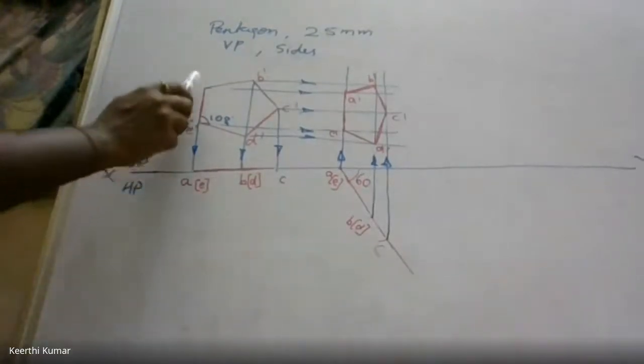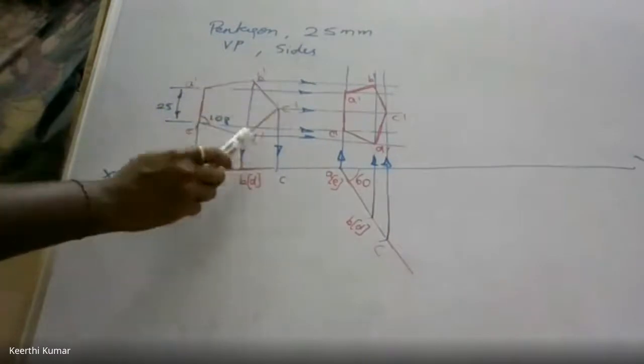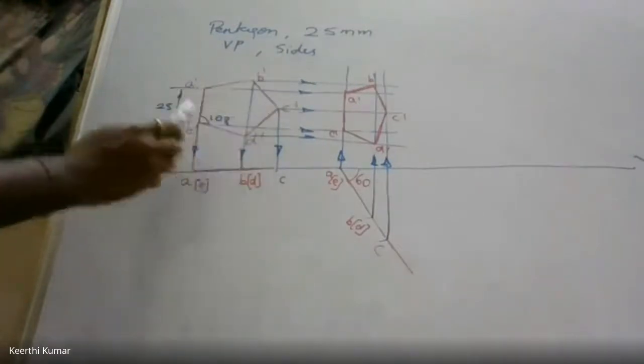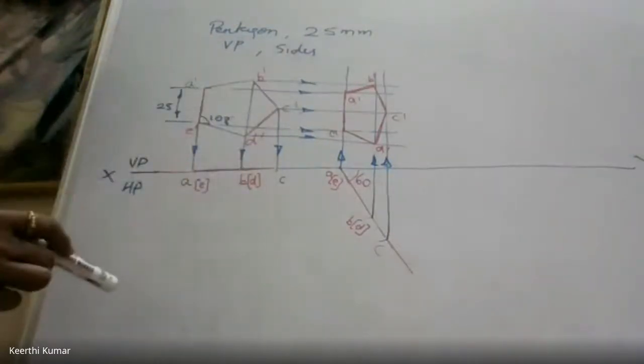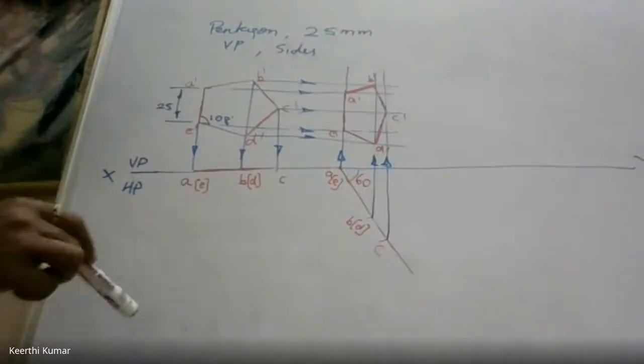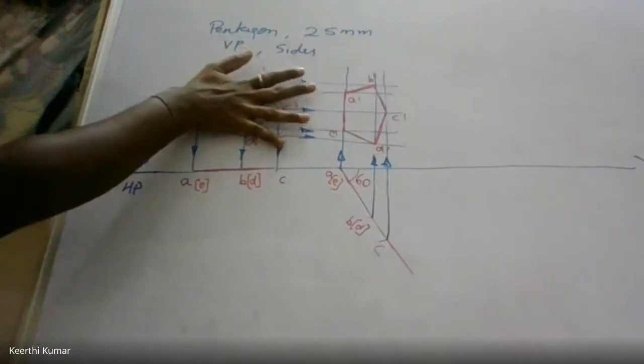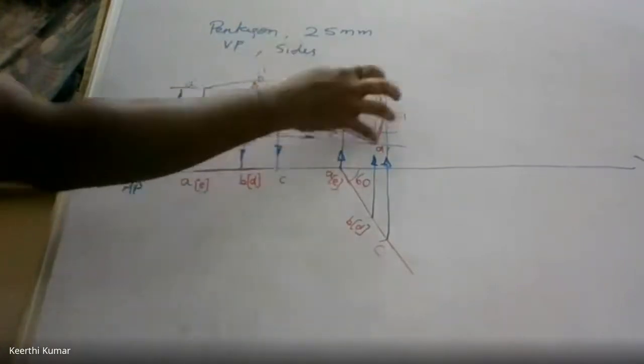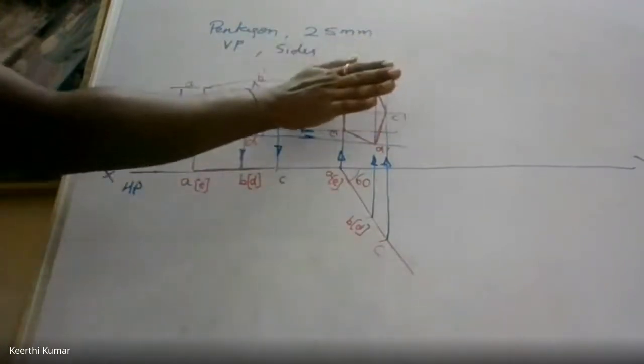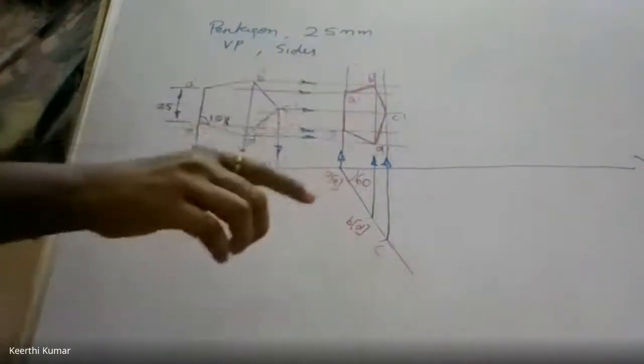So on which edge is it resting? There are 5 edges. A to B is one edge, B to C, C to D, D to E, E to A. Out of those 5 edges, he is selecting the edge on which it rests. That means AE, because here all edges are resting. If I rotate once, only AE is resting, remaining all tilted. It is not touching VP, correct? So AE should be at an angle of